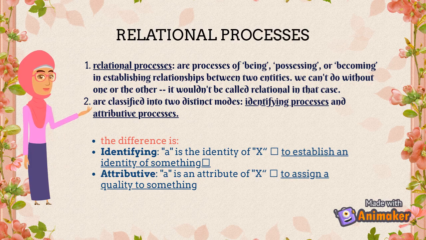Meanwhile, attributive is to assign a quality to something. For example, Michael is smart. Smart is the